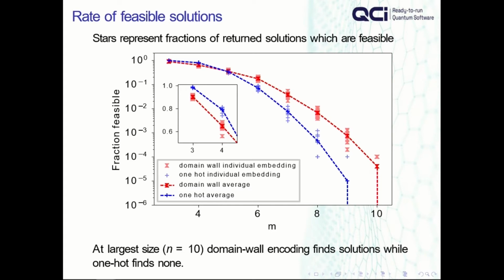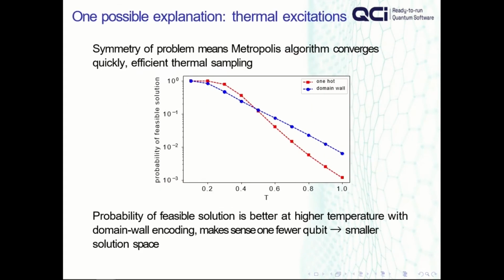Following from that, we can look at the rate of feasible solutions. Again, there are more feasible solutions, at least at large sizes, when we're using this better encoding. That's consistent with work that's been done before. We also see an interesting crossover where at small sizes, you're slightly better off doing one-hot, but those aren't really interesting problems in the real world. You're interested in solving large optimization problems, not tiny ones. The tiny ones you can just solve by exhaustively searching.